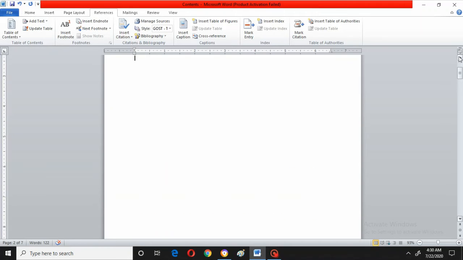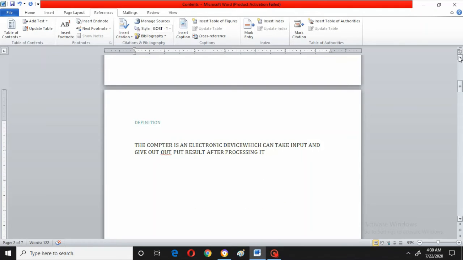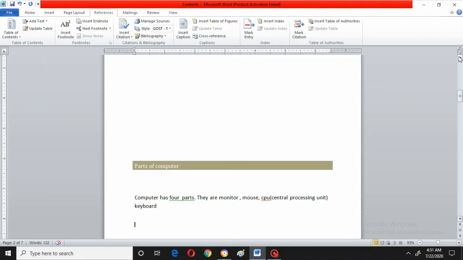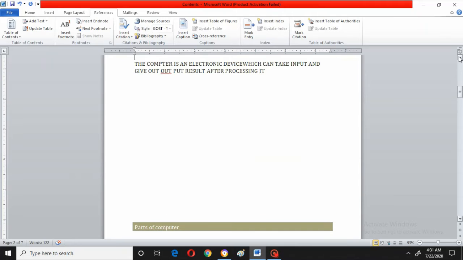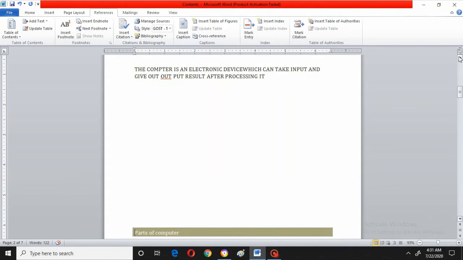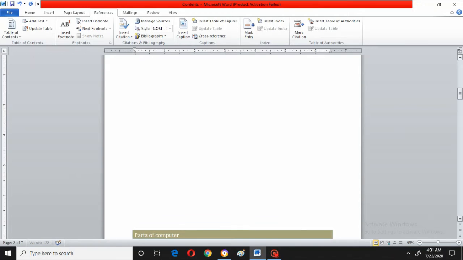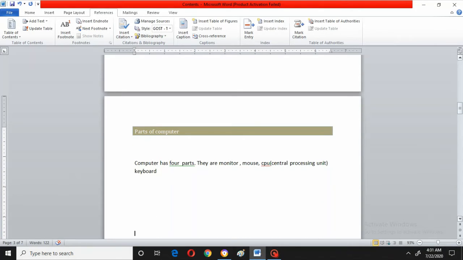Now see, the first page I always leave blank. If anything is needed for it, I will be using it. In the second page I have written the definition of the computer, and the third page has come into the second page only. So I will just make it enter into the third page. See, it has been entered into the third page.